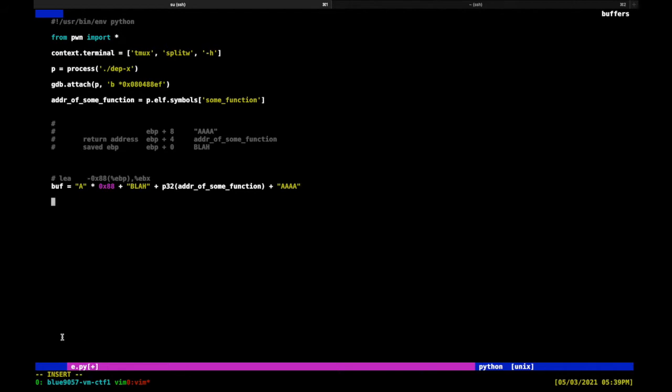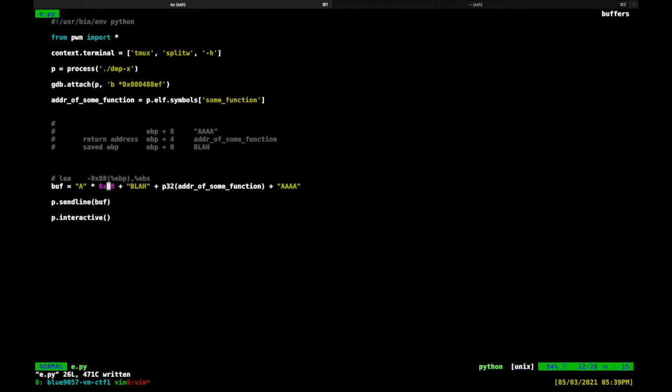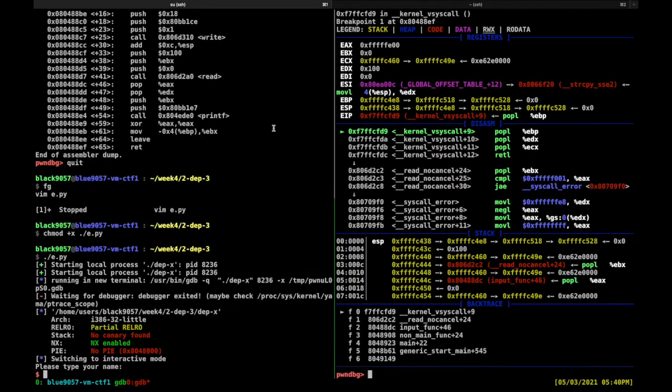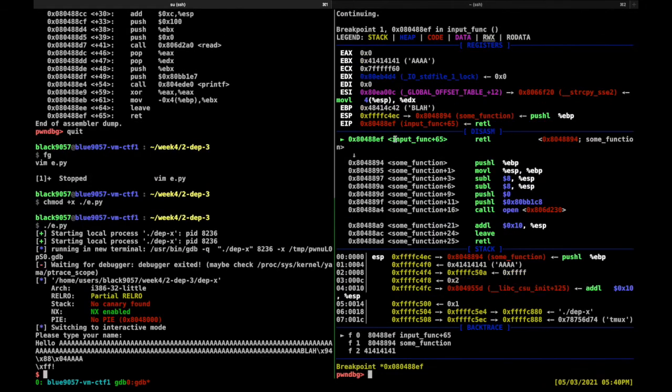Then the current buffer is something like this, and then we can send the buffer and run it. Let's run the script, and then we can continue to the end of the input function because we set the breakpoint,